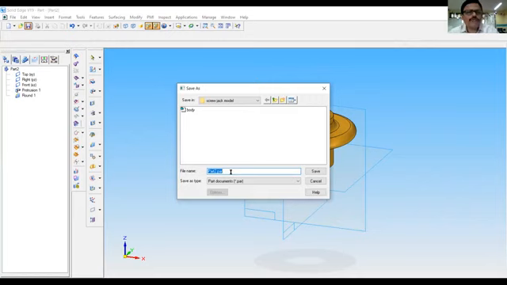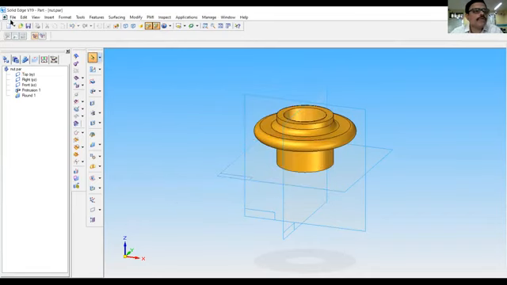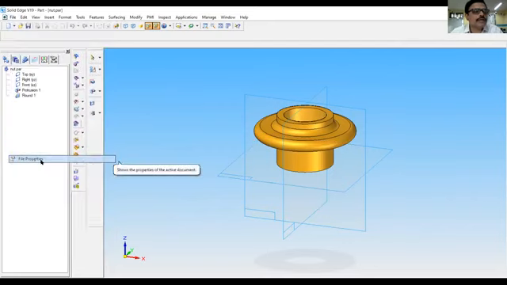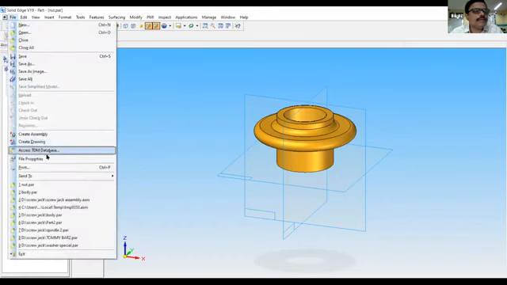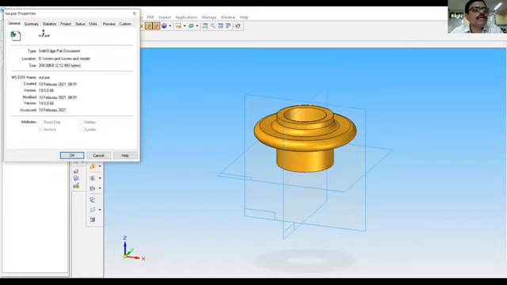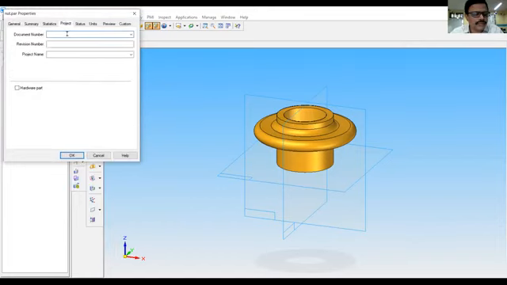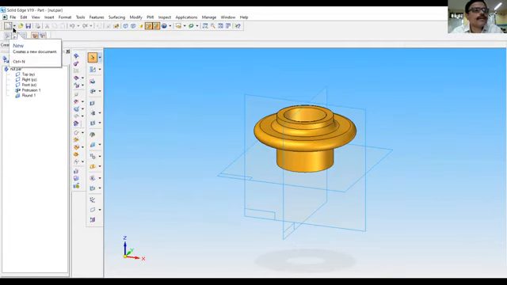It will be saved in the same folder that we created earlier, and its name is nut. Go to file properties. In file properties, go to the project. Document number is 2 and project name is nut. So this part is also over.